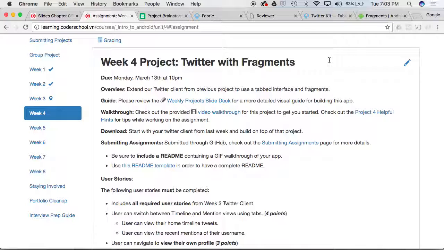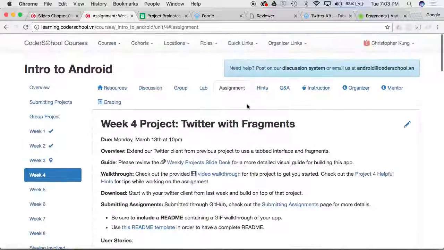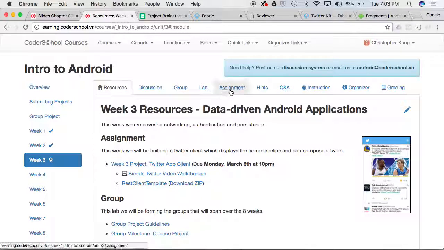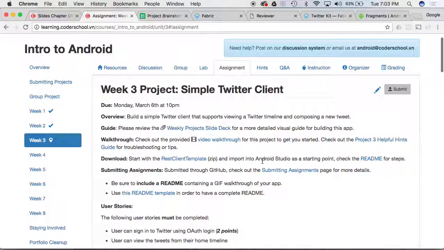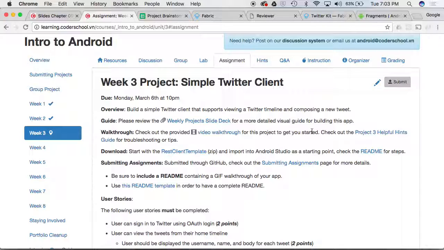So just an overview: when we were working on the week 3 assignment, this OAuth was done for you, right? OAuth, as you guys might have seen and experienced, takes you through a set of flows, kicks you out to a web view, and then once you sign in, it takes you back into your app. And that's great for you guys to experience, but